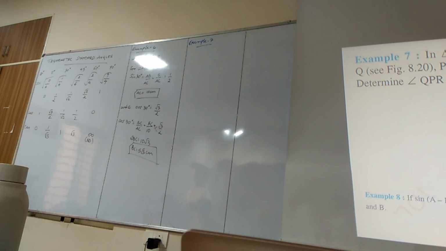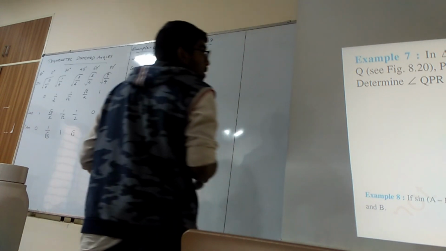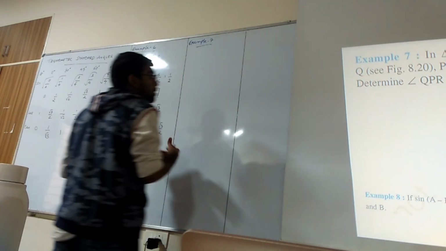Okay. Then PQ is equal to 3 centimeters. PR is equal to 6 centimeters. Find the angles. So find the angle P and angle R. Okay, so now